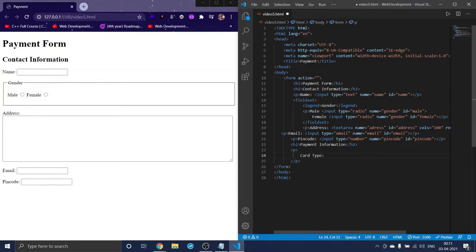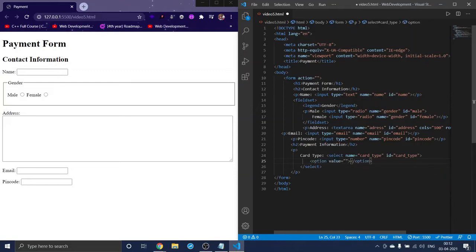So for that I will give a select tag, and in the select name I will give card type, and even the ID as card type. And in the select we need options, right? We need different options. So for that, as the name tells, we need option.